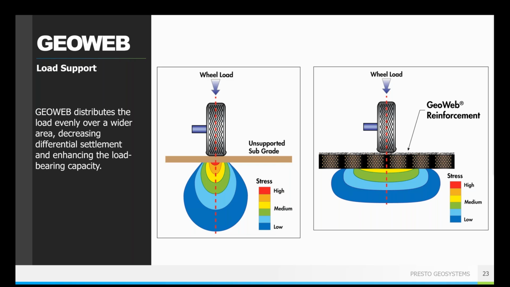And a general rule of thumb with the GeoWeb system is that you can reduce the stress reaching your subgrade by about 50%, which is significant. And a project evaluation based on your site-specific conditions can show the actual stress reduction. So if you are maybe driving over a culvert, or if you've got utility pipes, anything underneath the roadway, and you know that you have a maximum allowable stress on top of those, we can make sure we design a system that is going to meet that required stress. And we can show that in our calculations so that you have proof and can say, this is something that is going to reduce that stress and get us to where we need to go.